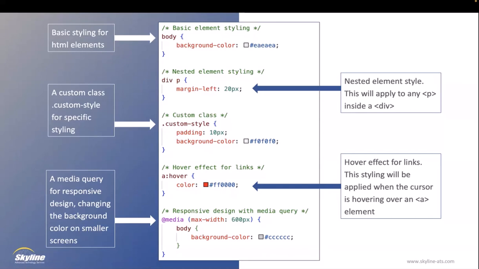So maybe they're body items or part of a list of things, and I would just name it cool list item, right? And now, instead of worrying about the structure, all I need to do is apply the class name cool list item to the HTML elements that should be styled in this way, with a padding of 10px on each side and a background color of